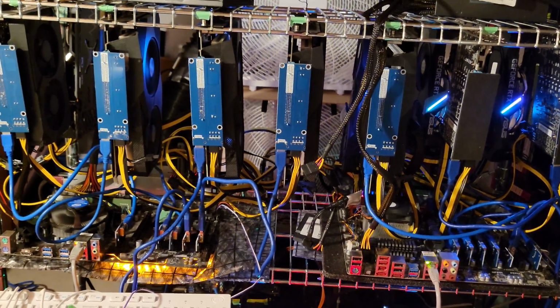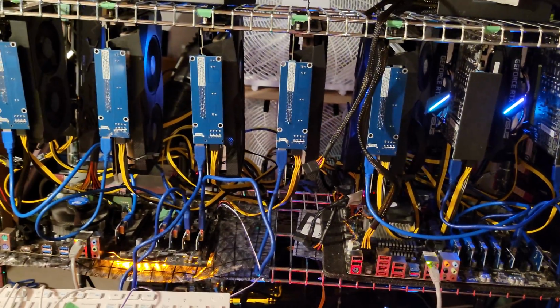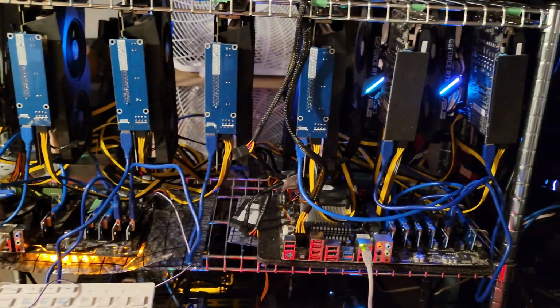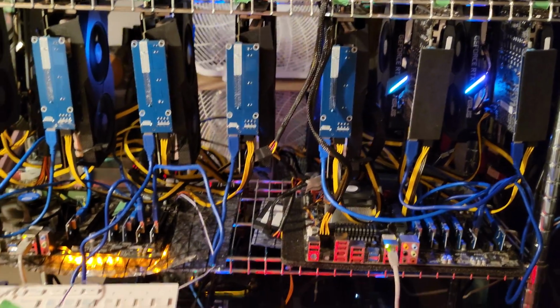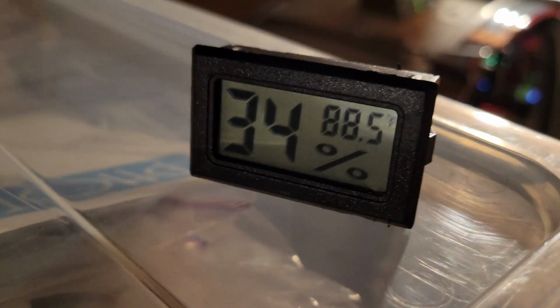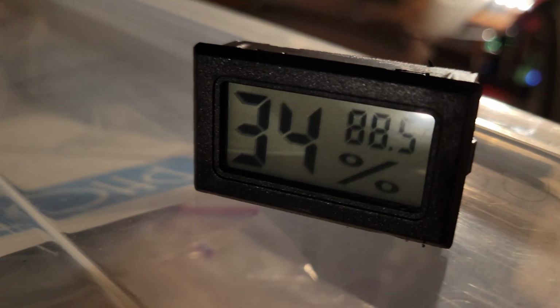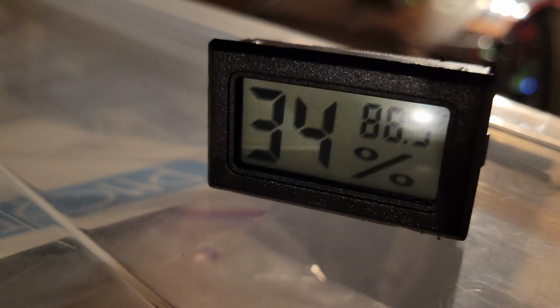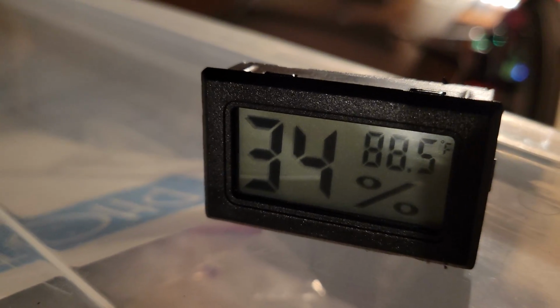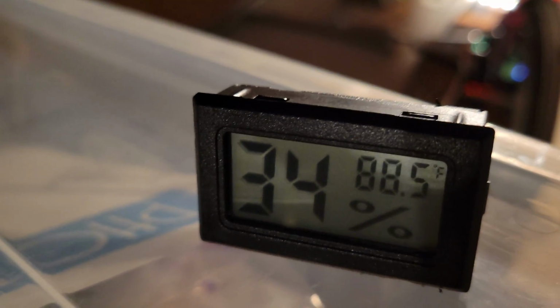Otherwise, I will always keep an open mind. I may consider selling some on the used market if I can replace them with some other kind of equipment. But otherwise, that's what I have running here, and I'll go to the other place where we have some more 570 GPUs. As well, the temperature here is 88 degrees Fahrenheit ambient, and this is on the exhaust side, 33% humidity. It's still going to be pretty hot because this is an enclosed area, sort of,